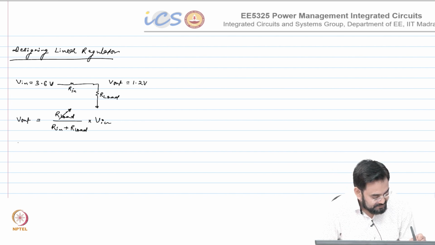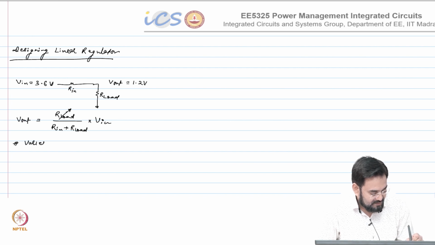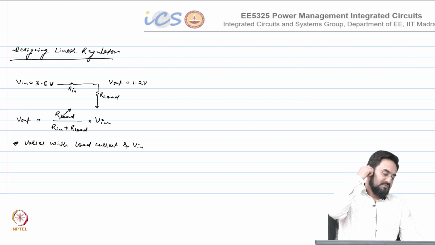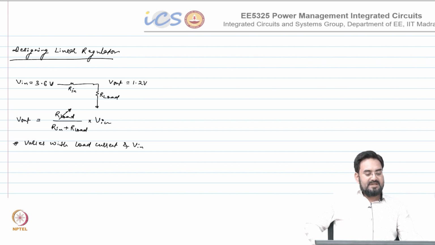So, V out varies with load current and V in also. Correct. So, which means